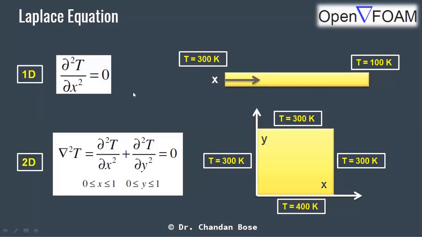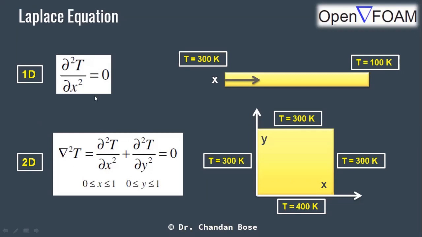Okay, so in this Laplacian solver, as you have already seen, we need a governing equation, right? So in the previous session, you saw that we are solving a Navier-Stokes equation, which has a continuity equation and a momentum equation. But here we are writing a solver from scratch. So we are taking only one governing equation, which is an equation of the temperature. And you know that the Laplace equation is nothing but del square T del x square plus del square T del y square plus del square T del z square equal to 0. That is Laplacian of T, which you have learned in the previous session.